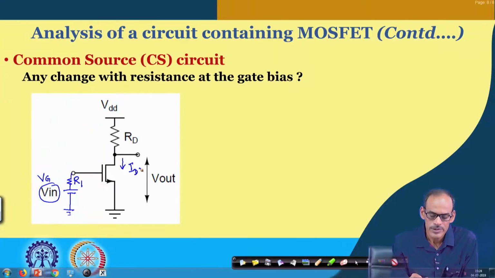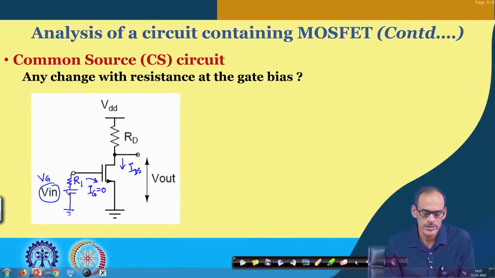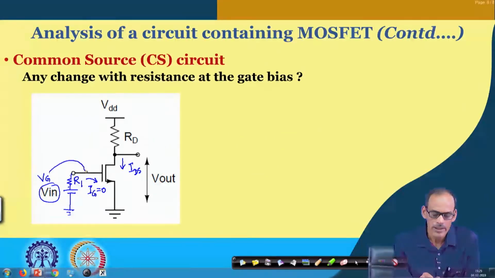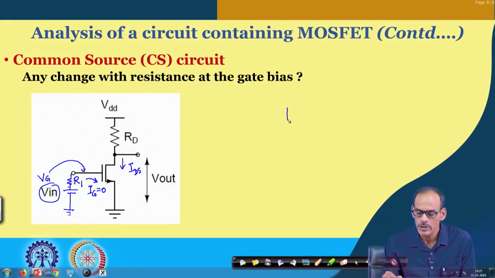In fact, since DC wise the current through the gate is 0, we can say Ig is practically 0. Even though we have this resistance, the drop across this resistance is 0. So whatever voltage you apply, Vin, comes directly to the gate. If you draw the equivalent circuit of the transistor,